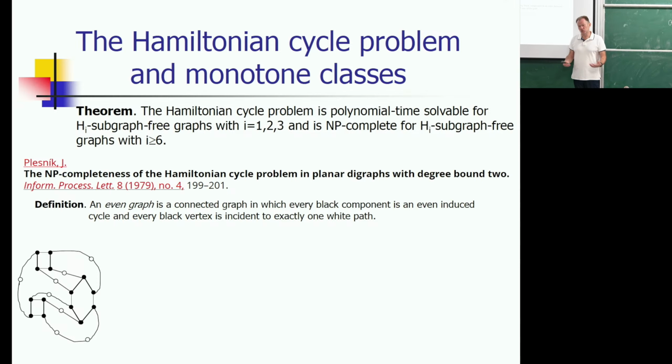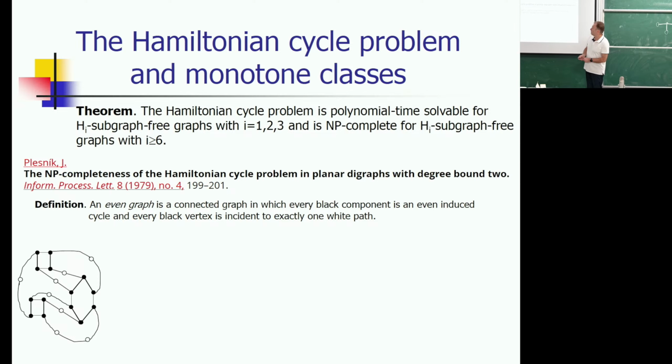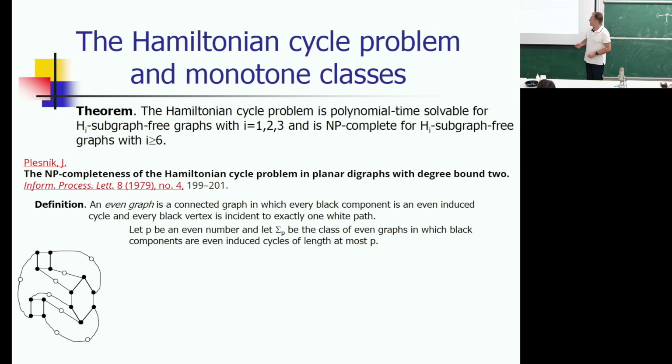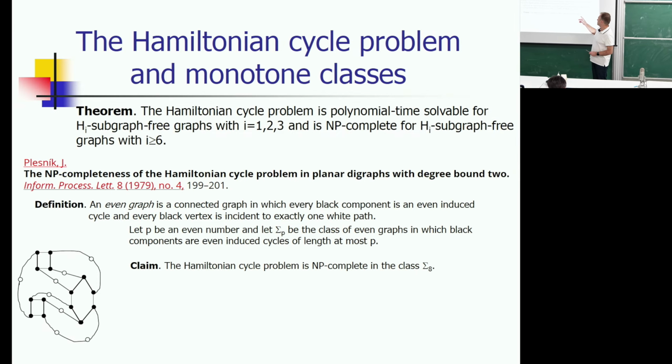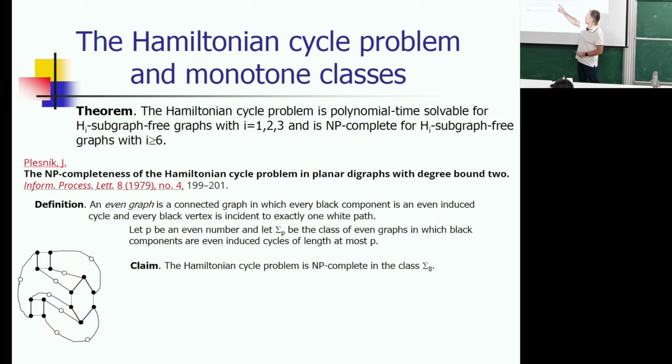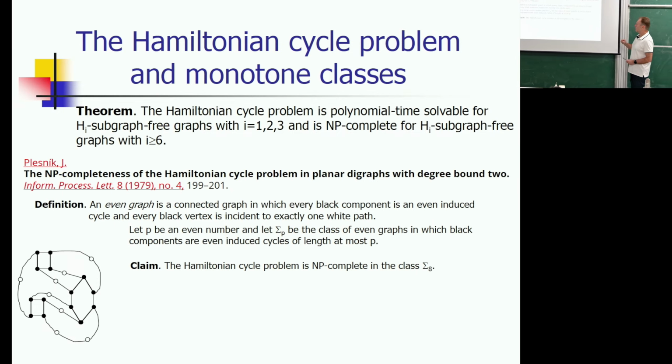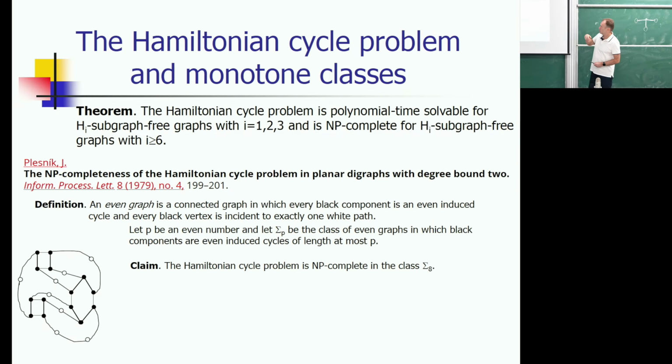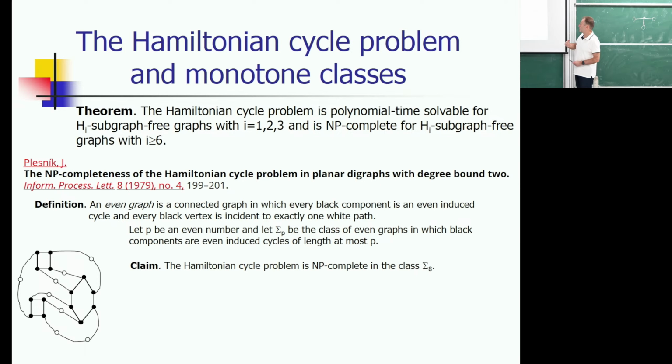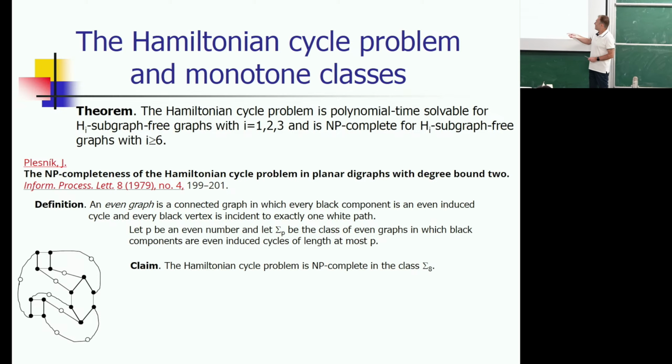And you can guess that in general this is an NP-complete problem if we have no restrictions. Moreover, I can prove that the problem is NP-complete with the restriction which I call sigma A, where sigma P denotes the class of even graphs in which black components have a length at most P. This conclusion can be derived with some extra work